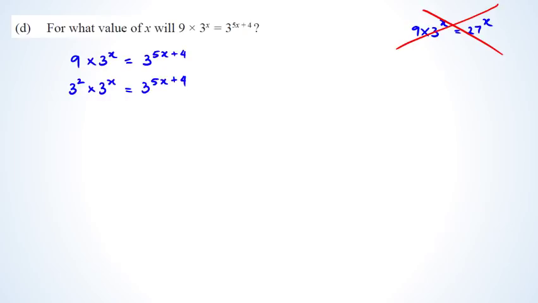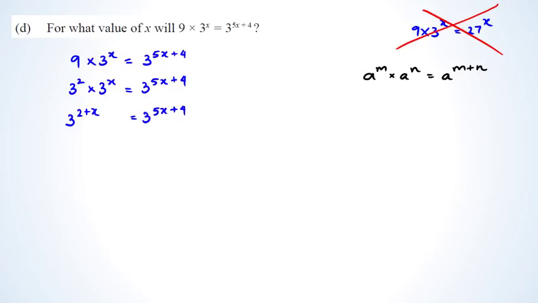Now, if you look at the left-hand side, remember that one of your algebra rules states this. If you have a to the power of m times a to the power of n, then this could be written as a to the power of m plus n. Okay? It's one of the first things you learn about index expressions. So with the 3, I can rewrite this as 3 to the power of 2 plus x equals 3 to the power of 5x plus 4. Now from here, I can see that this base is 3,